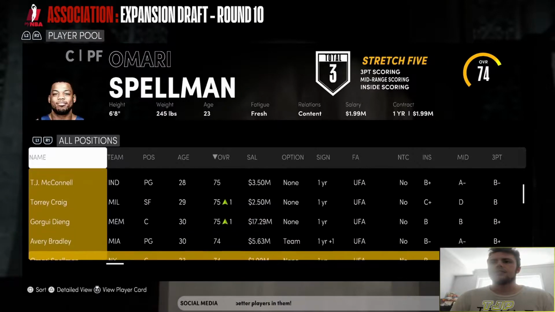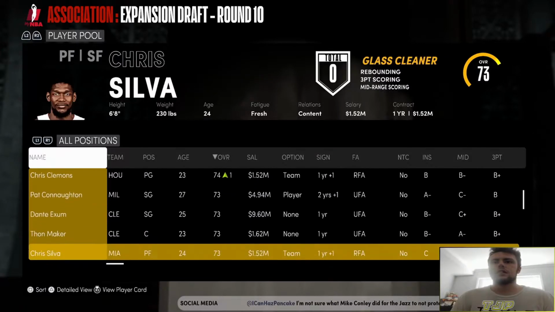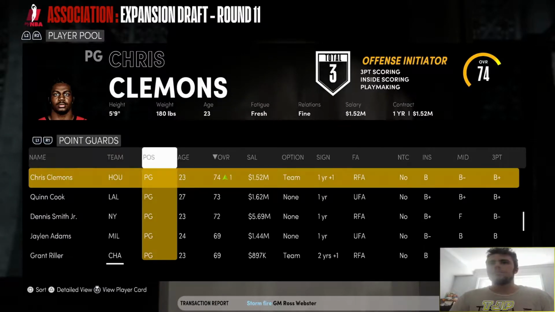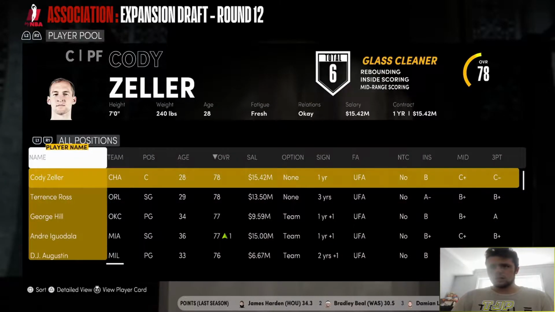I don't know who we have. Could go with Amari Spellman. We just picked him. Let's go with Thon Maker. We can make him a power forward, possibly. Right, I'm going to pick up Chris Clemens as a point guard. And then we also need a...